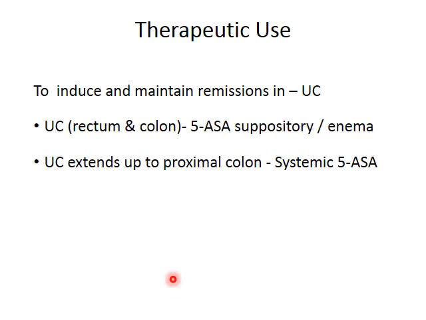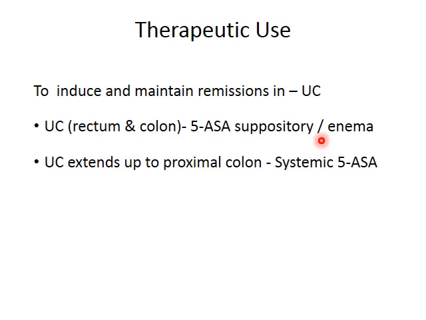Regarding the therapeutic uses of sulfasalazine, it is a first-line drug to induce as well as to maintain remission in patients of ulcerative colitis. So it can induce and maintain. Inducing remission means it can immediately give symptomatic relief, as well as continuously maintain its effect. So for that, 5-ASA suppository or enema, these are the two major dosage forms which are used